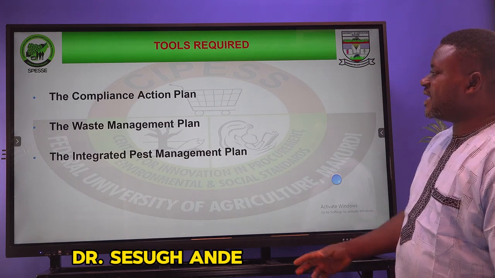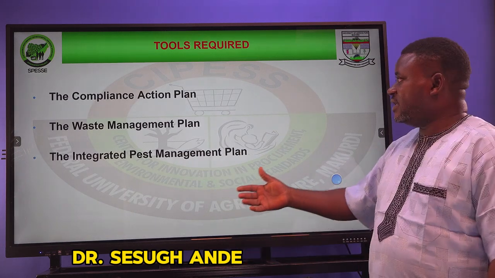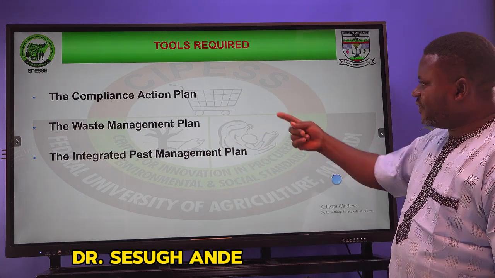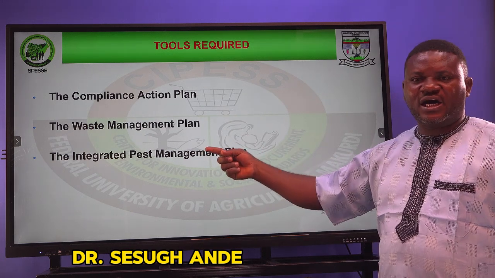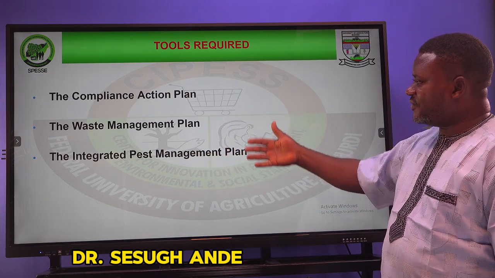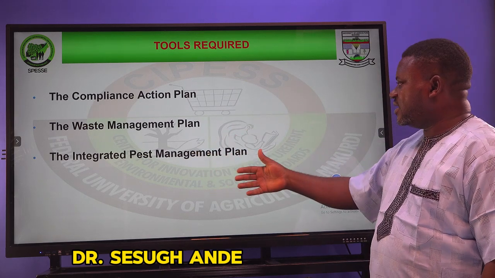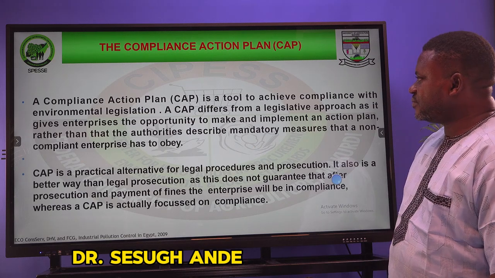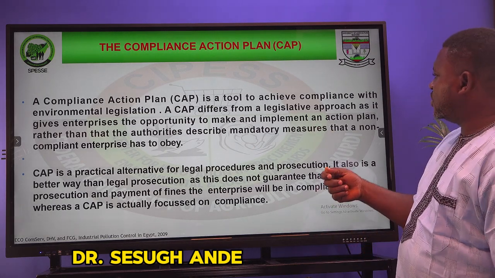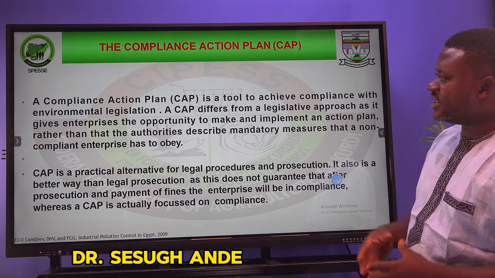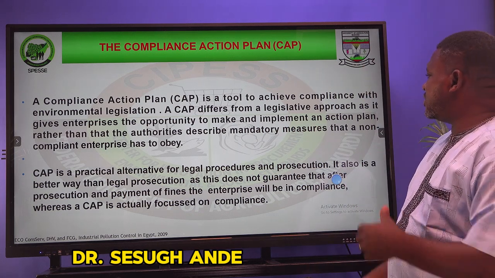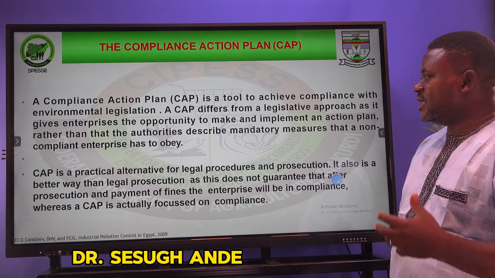Then these are the tools that are required in carrying out the pollution abatement action plan. The first is the compliance action plan, the second is the waste management plan, and the third is the integrated pest management plan. Now, the compliance action plan is a tool to achieve compliance with environmental legislation. It differs from legislative approaches as it gives enterprises